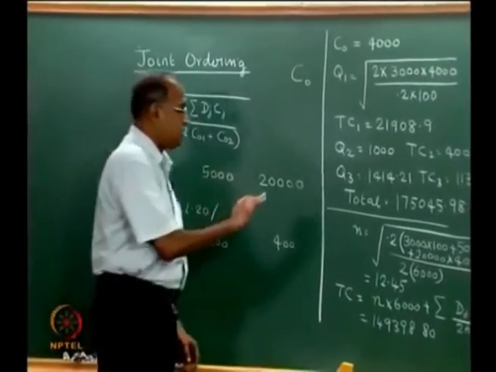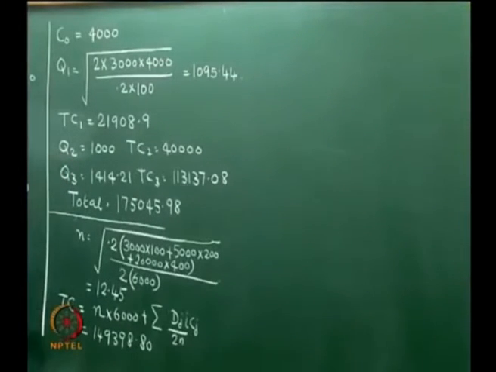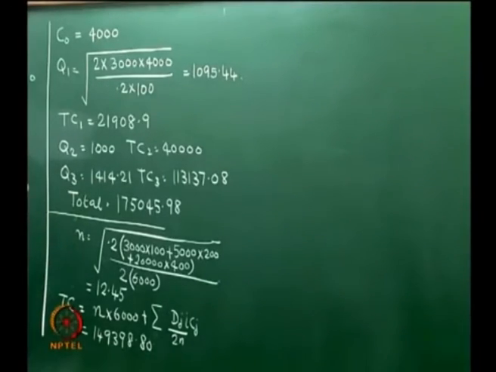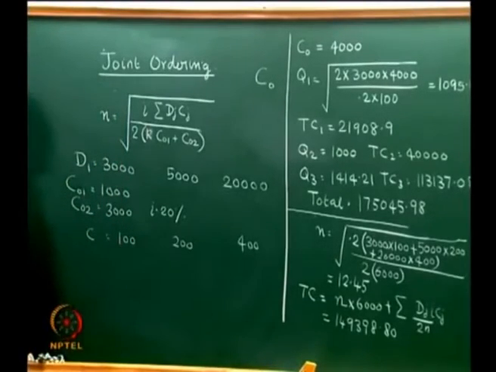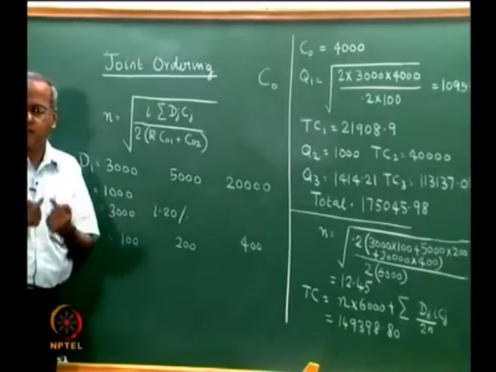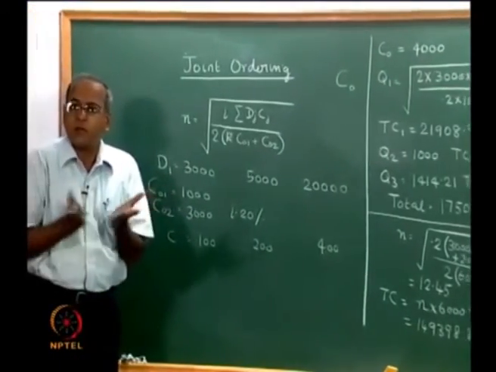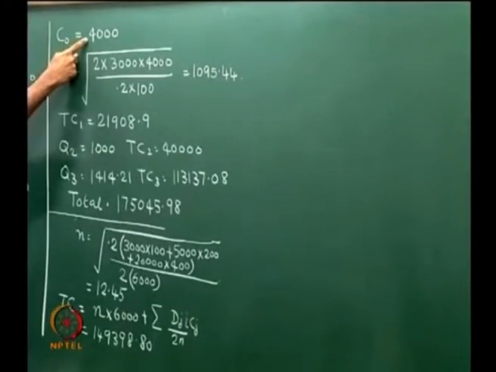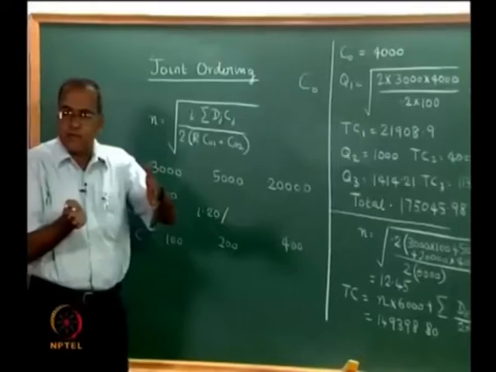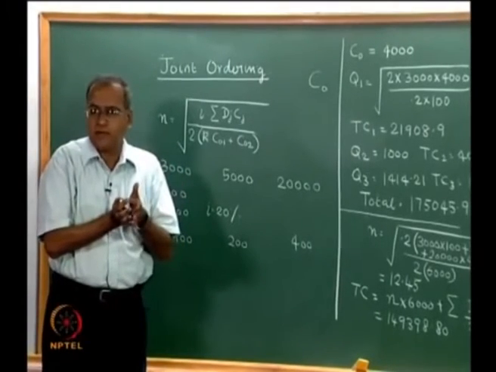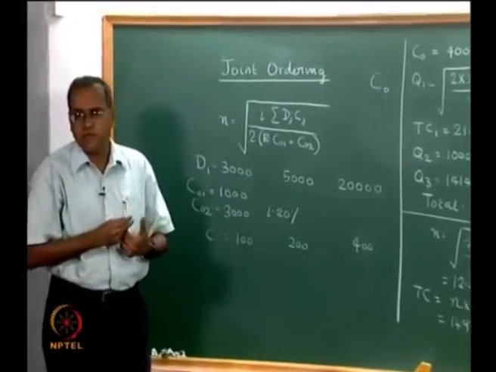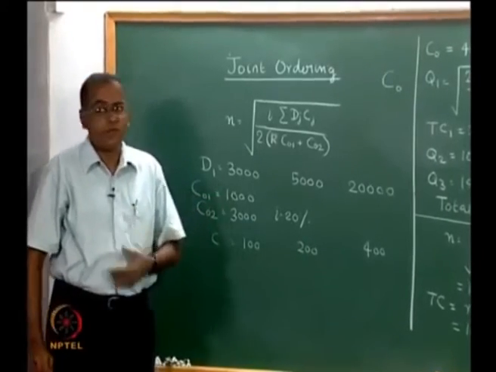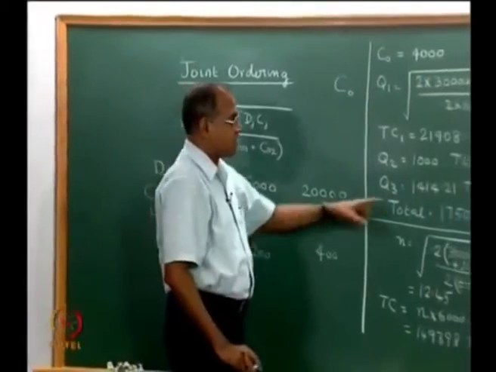Now, what are the other issues related to this? Now, from a total cost point of view, there is a considerable saving if we can combine orders together, provided there is a saving in the truck cost of 3000 every time items are combined together. For example, when an item was ordered individually, the cost was 4000, but when two items are combined, the order cost was not 8000, but only 5000. When three items were combined, the order cost was not 12,000, but it was 6,000. So, that saving helped us in reducing this considerably.